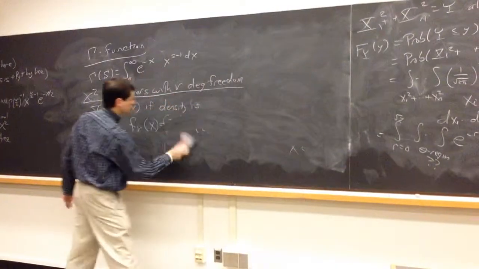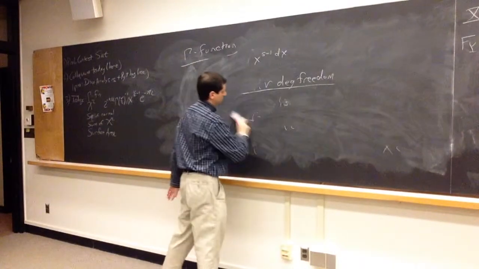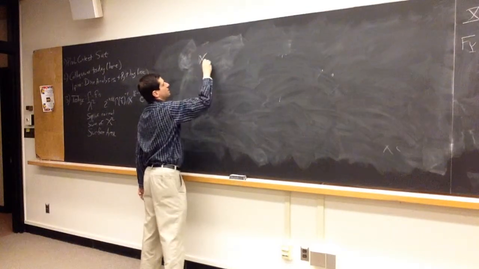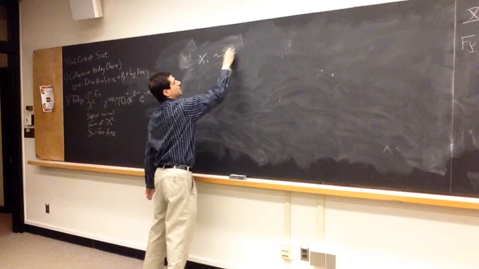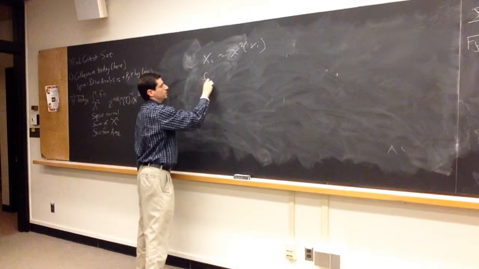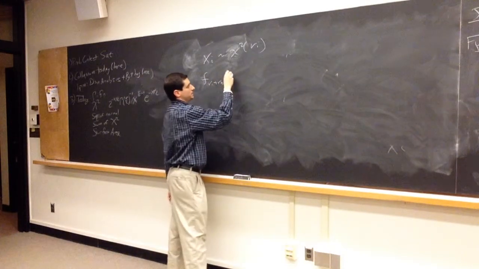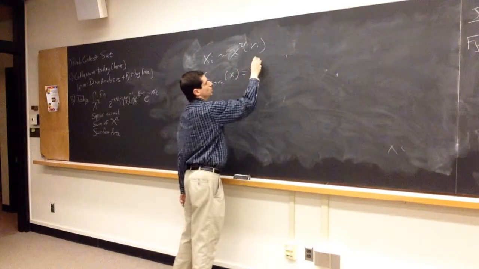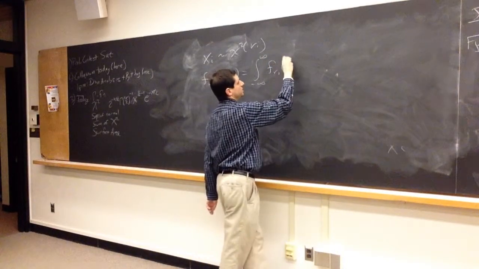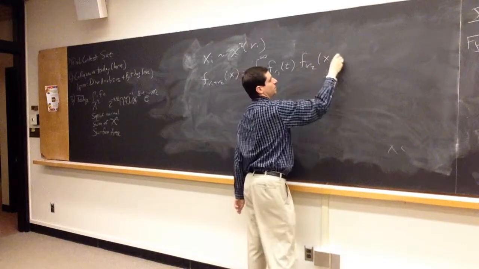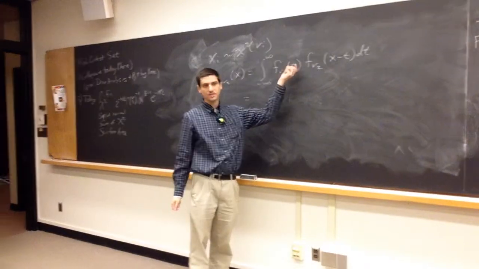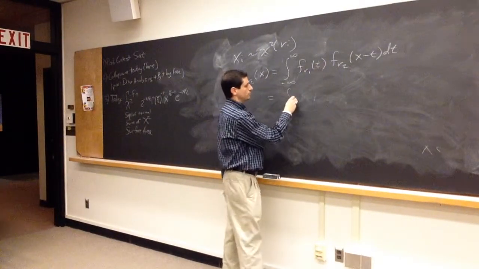All right, so what we have left now is about a minute left for the last little bit. We now need to look at the sum of two chi-squared random variables. So now, let's say Xi is chi-squared nu i. So the density of nu 1 plus nu 2 at some point x would be the integral from minus infinity to infinity, the density of the first one at t, the density of the second one at x minus t dt. Well, because these are chi-squared random variables, this is going to have 0 density unless t is positive. So I can restrict the integral from 0 to infinity,